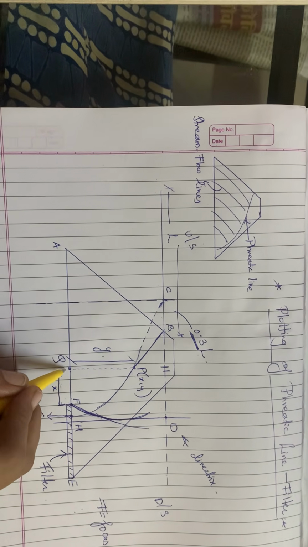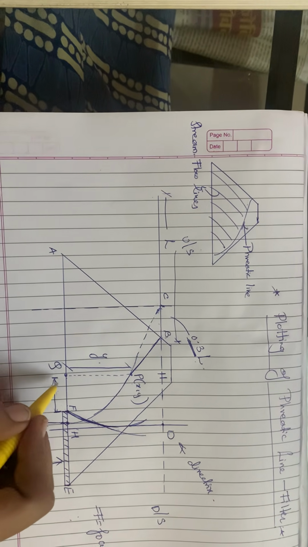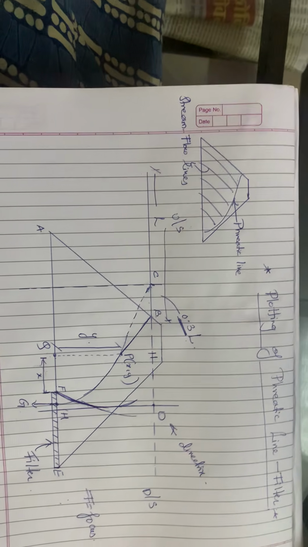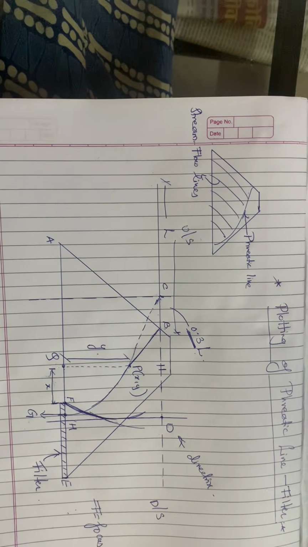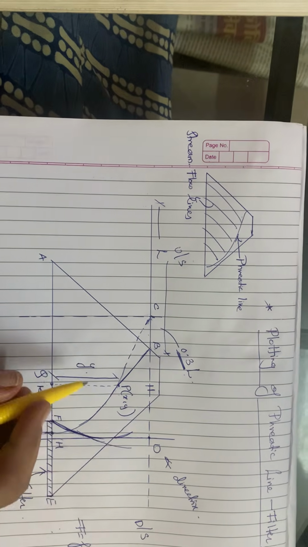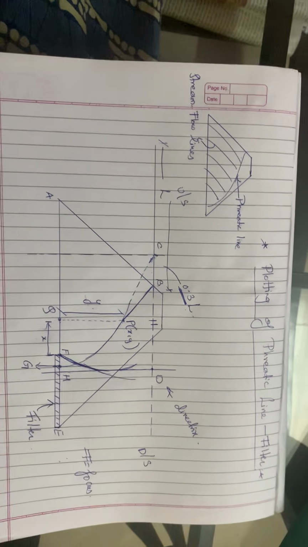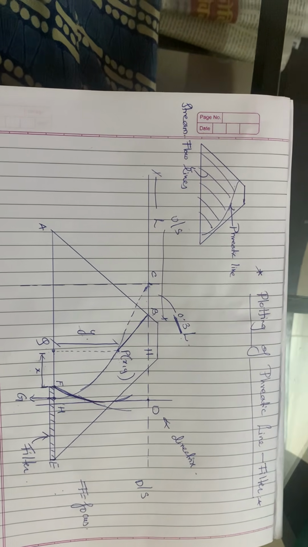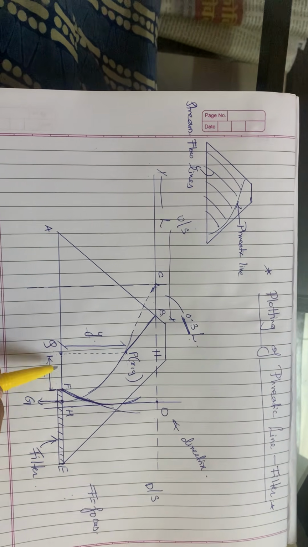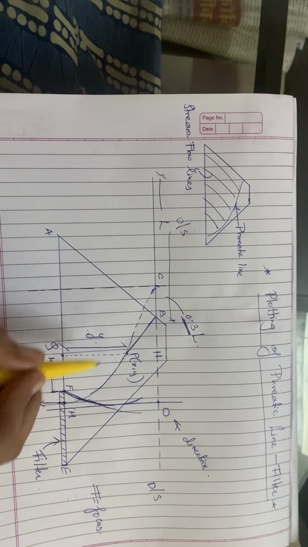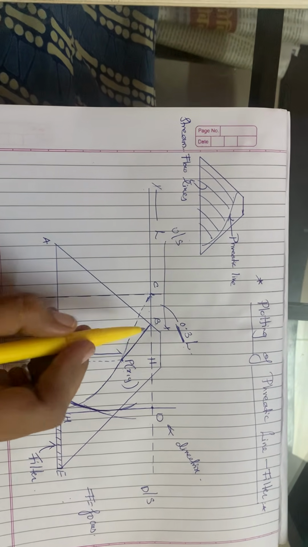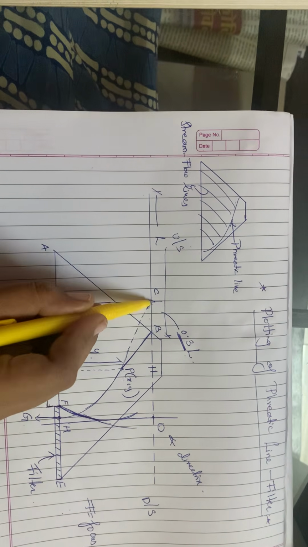At that distance mark a point Q, and through that point Q draw a perpendicular or vertical line up to our parabola, that is point P, which is at distance X, and this distance is your y. So x and y are the ordinates of the point P. In a similar way, taking different distances from F, we mark various intermediate points on the base parabola, and after plotting these points we obtain this parabola.